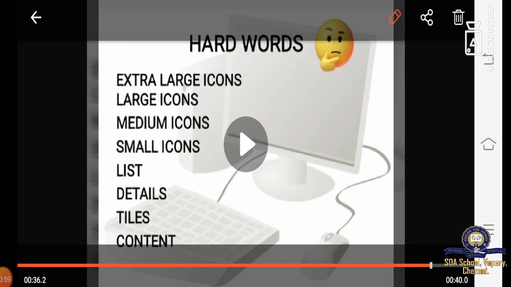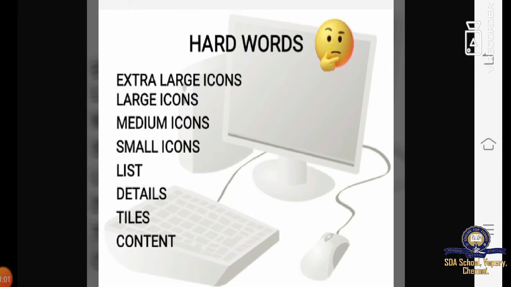We have so far done so many things regarding viewing files and folders, and then we were studying the creation of a folder. In creation of a folder, we have studied how to open a file on your own. You can even rename if you want to give a new name to your file or folder. You can delete the previous name and put another name in, that is called rename.